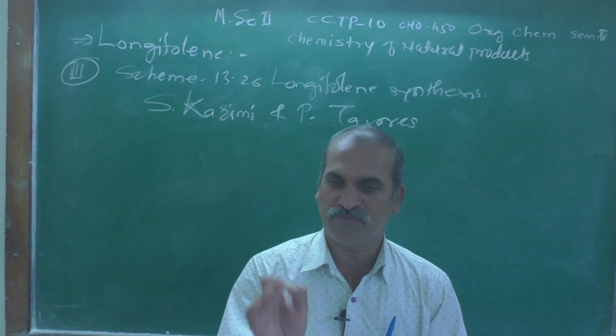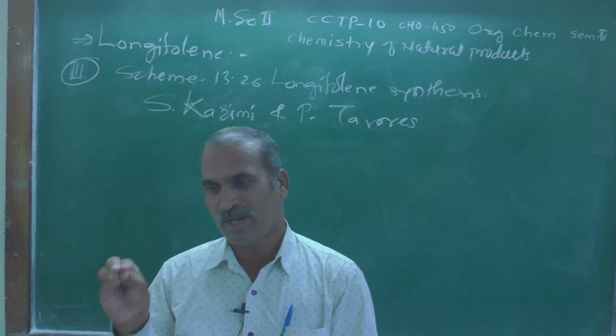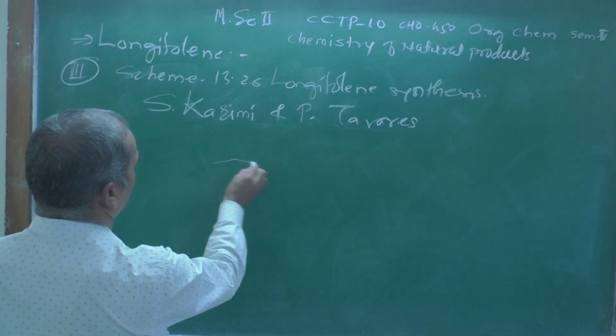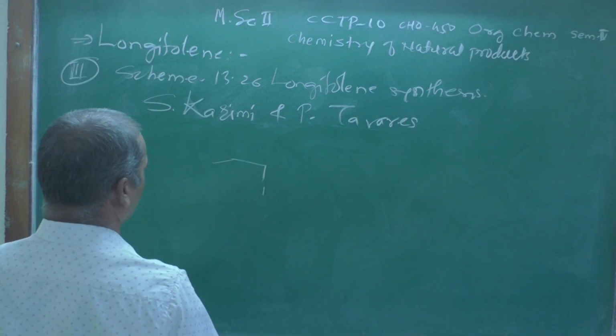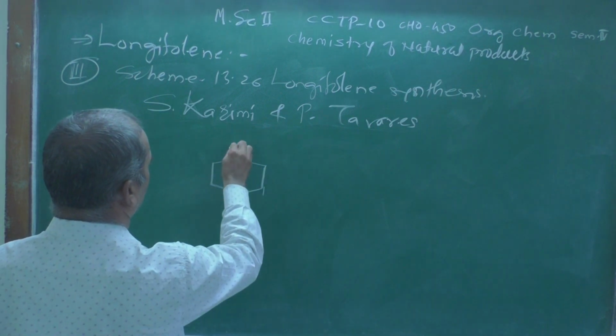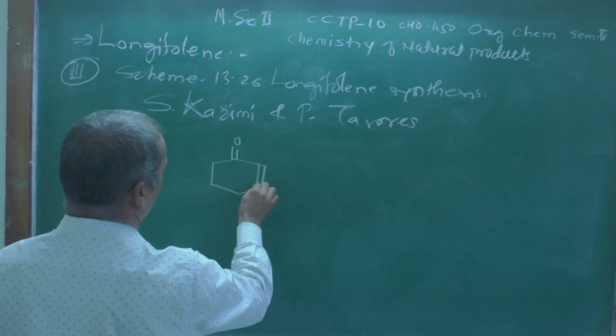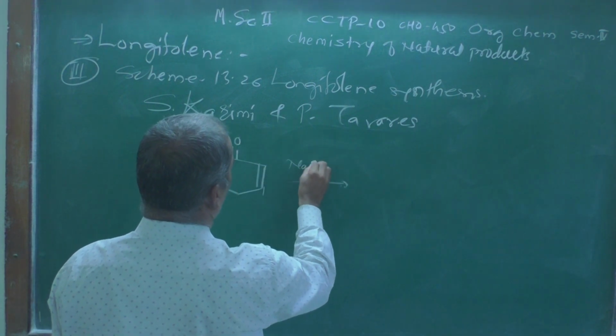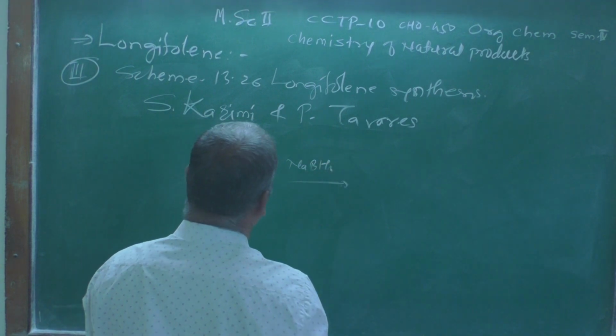It is specific to the alpha beta unsaturated compound. Suppose you have this type of compound with C double bond O here. Suppose you use NaBH4, sodium borohydride,